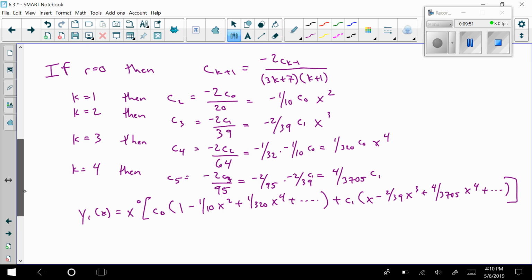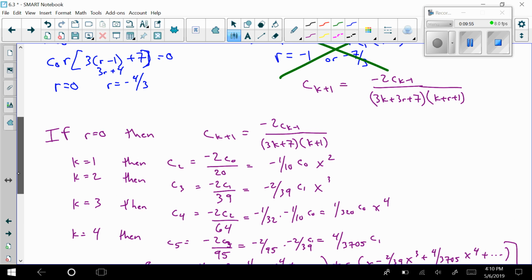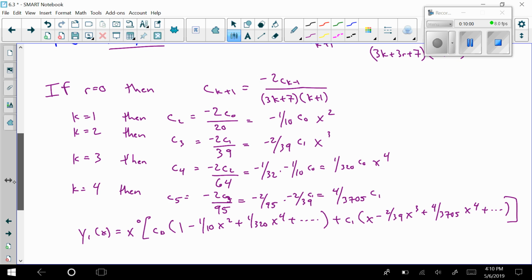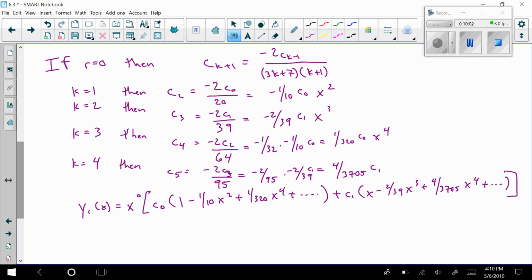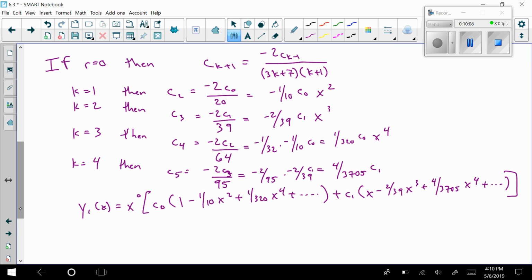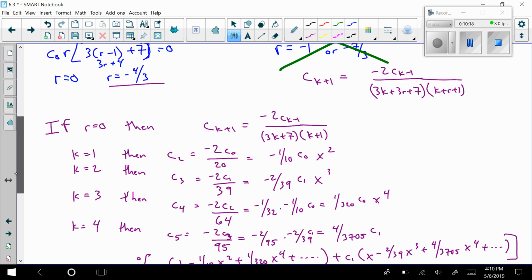Now I need to go through and do the exact same thing, but this time for r equals 4/3. And here, we're at 10 minutes for this video. I think we'll be okay. I'm going to start it anyway, and if I need to stop the video because it gets too long and make another one, I will. If r equals -4/3 now, then this is where it gets a little bit